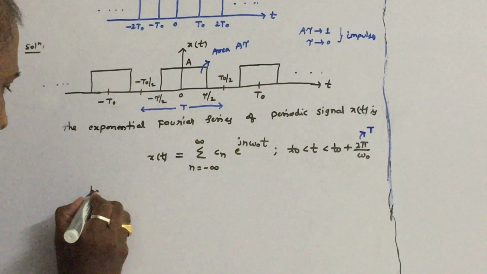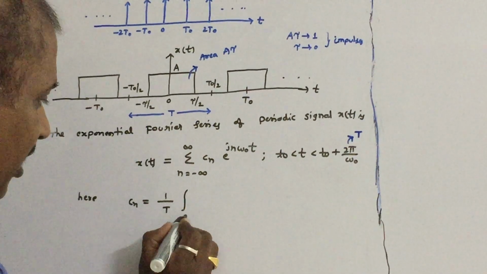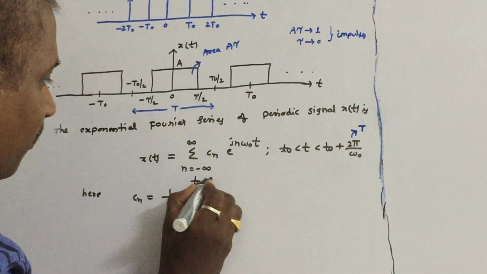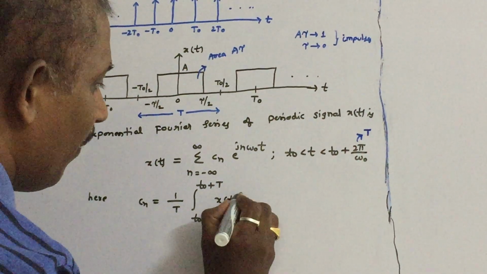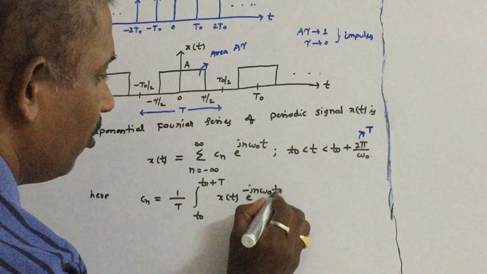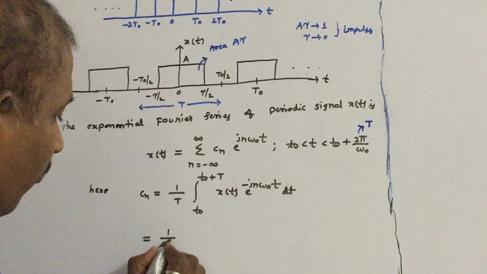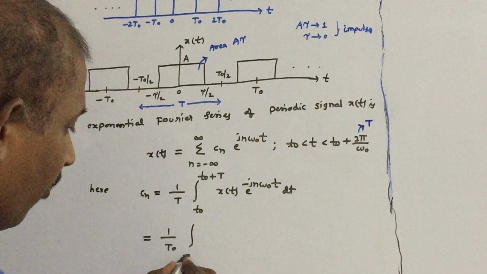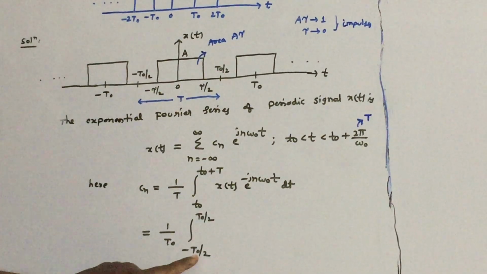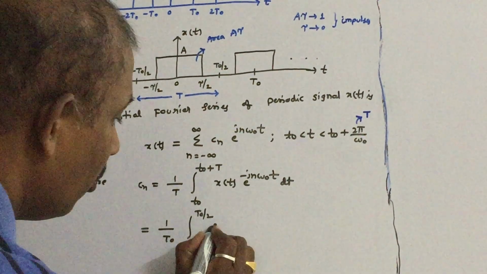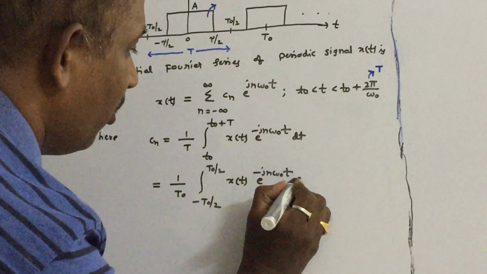Here, what is the formula for Cn? Cn is equal to 1 by T. First write the original formula: integral from t0 to t0 plus capital T of x of t into e power minus j n omega 0 t dt. But what is x of t? What is the time period of the given waveform? 1 by t0. So the integral of x of t is extending over one cycle, minus t0 by 2 to t0 by 2, x of t into e power minus j n omega 0 t